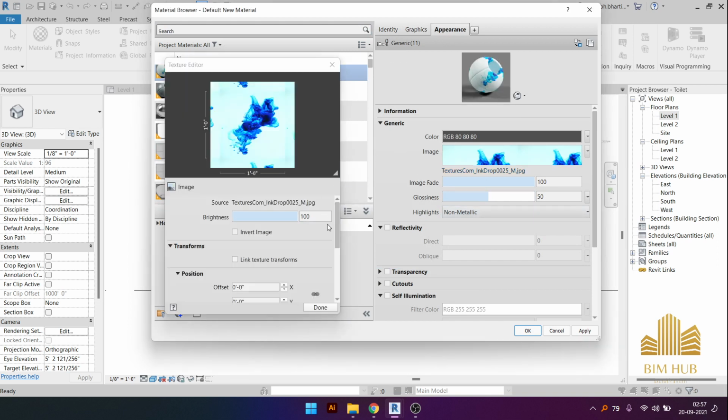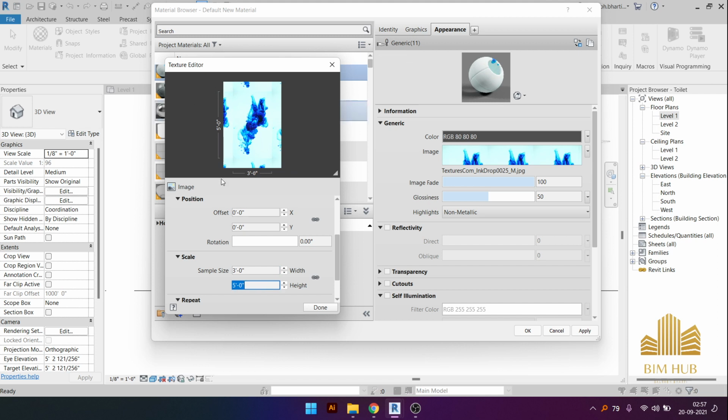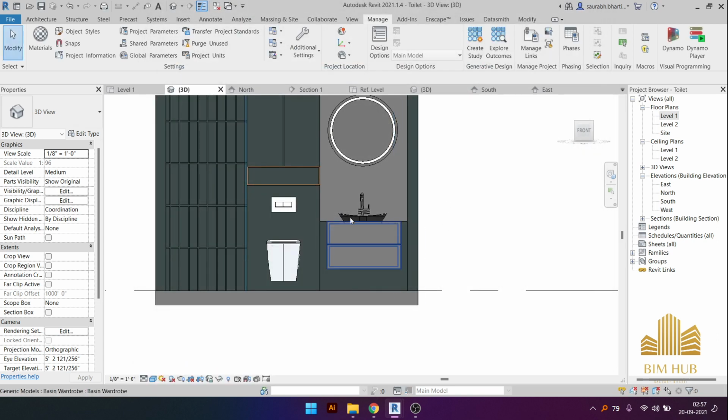Now what we have to do is resize it. So resize it as 3 feet by 5 feet and check it out. So just unlink this one, 3 feet. As I can remember, it was something like 3 feet 6 inches, so keep it as 3 feet 6 inches, and then done. Apply, select your wall,